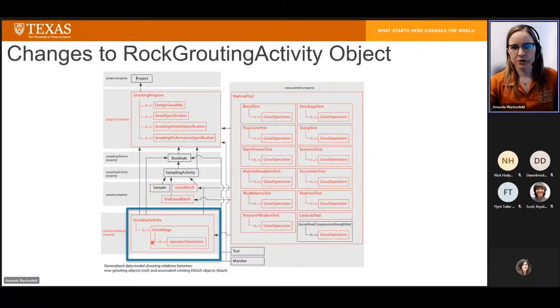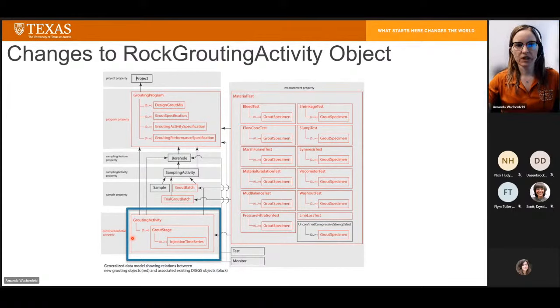related objects and properties to allow for all grouting activities that take place in a borehole to be saved in this grouting activity object. We also added additional objects and properties to this activity, such as additional equipment information to encompass all the equipment that might be used for permeation, compaction, or rock grouting. And we also added other information such as stage termination criteria, which for soil grouting could be a pressure limit cutoff or a volume limit cutoff or ground movement. So all that type of information that's relevant to the soil grouting was added to this grouting activity, which can now be used for any downhole